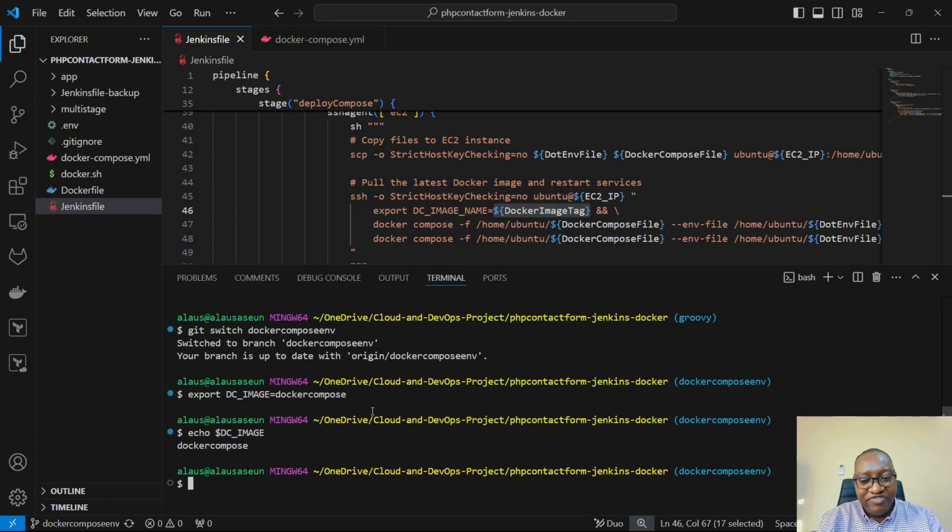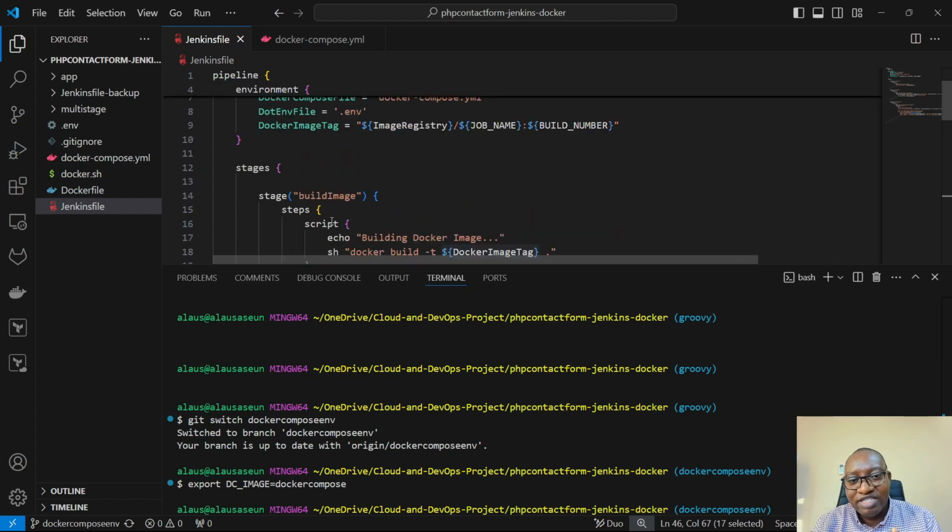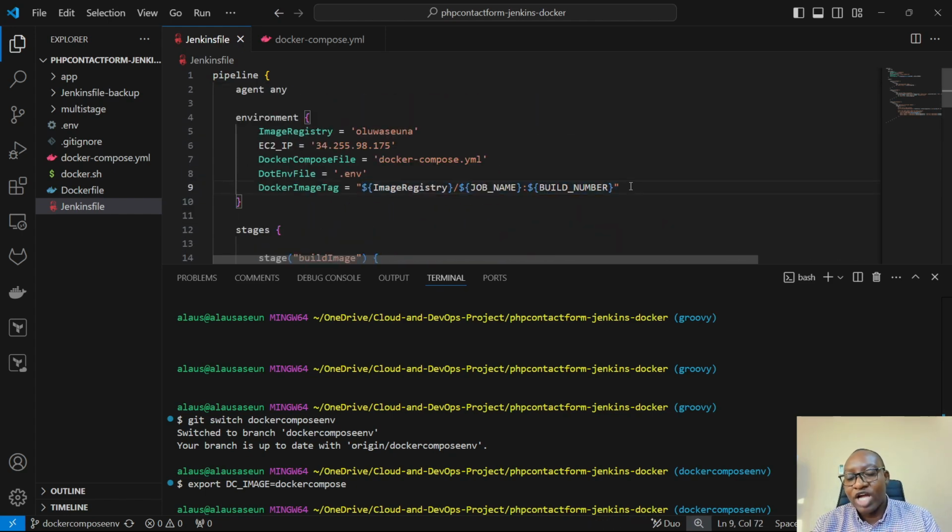DockerCompose. Which means if I'm running something on this terminal right now, and that thing has to reference the DC image, it is able to fetch the value of the DC image for me from the environment. And that is what export here is about. Which means the moment you push into your EC2 instance, that DC_image_name becomes available, and automatically it assumes this particular reference right here. And so DockerCompose is able to grab that and use it to know the image that it wants to